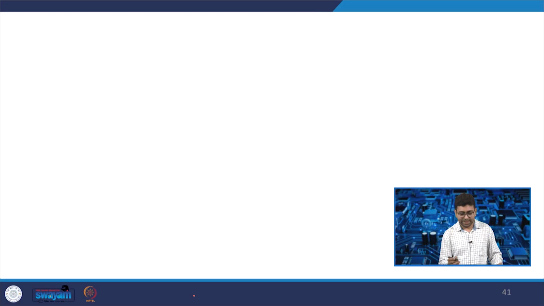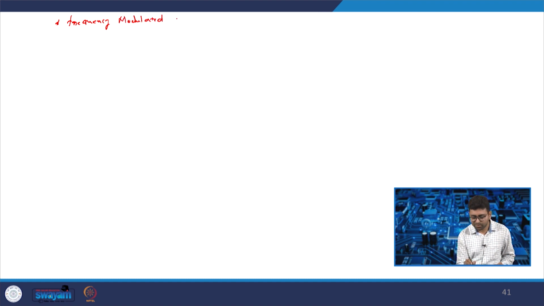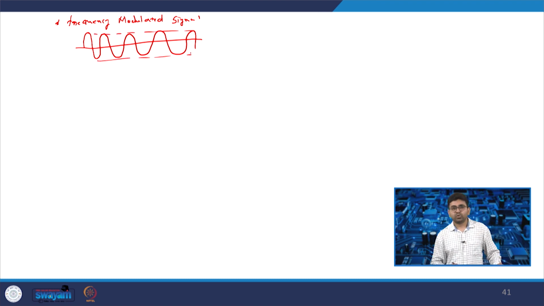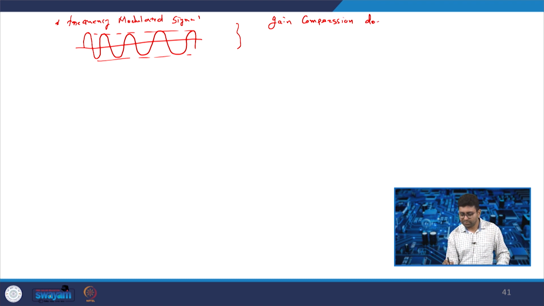If there is a frequency modulated signal, only your frequency is going to change; your amplitude will always be constant. So, if you are using a frequency modulated signal, gain compression does not have any effect on detection,